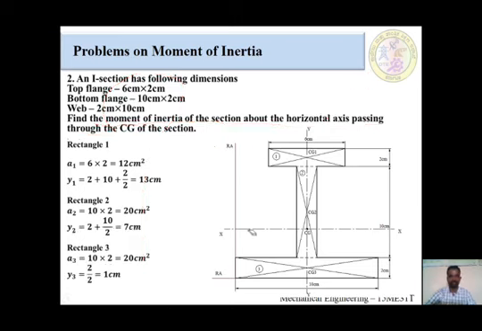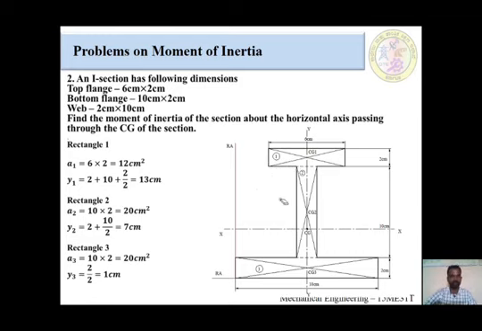As per the procedure of solving the problem, first we are going to find the y bar. After that, individually we have to find the moment of inertia of each component. After that, we put those values in the parallel axis theorem. After that, we club those moments of inertia individually, and we will get the whole moment of inertia. This is the procedure to solve the problem. We are going to concentrate on determining the y bar.